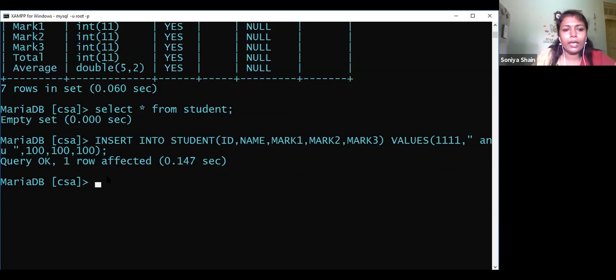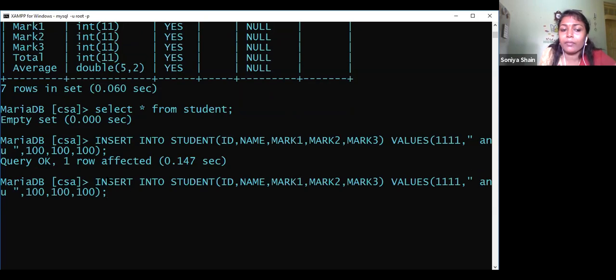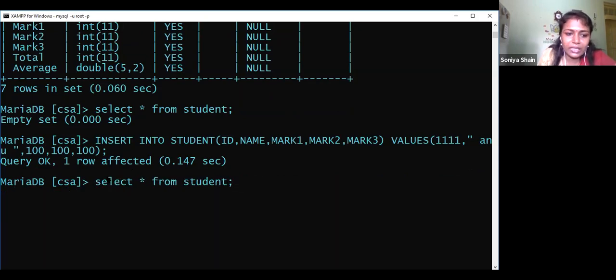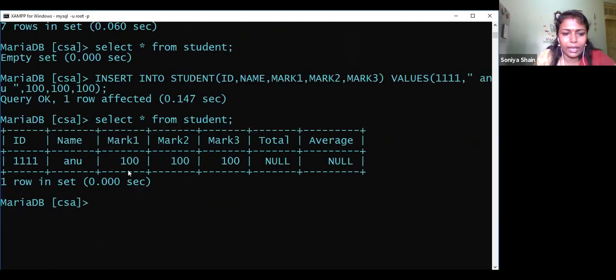Anyway, this is the blank data. No trigger has been executed; we have to copy the trigger, then only we can see it. Just for the insertion I will show you. One data is already there, let it be there. It is null because I have not executed the trigger. First of all we have to copy and execute the trigger, because it has to be recorded and saved there. Otherwise, how can it know a trigger is there? So first you have to save it in the database. Then only, when the insert is given, it automatically goes and executes that one.